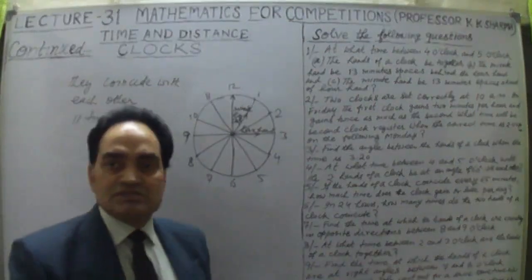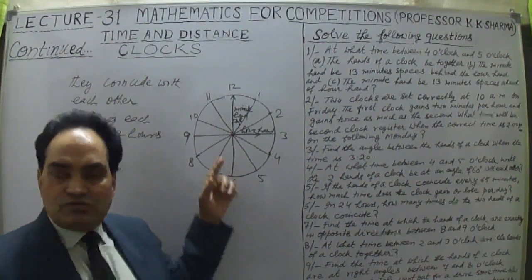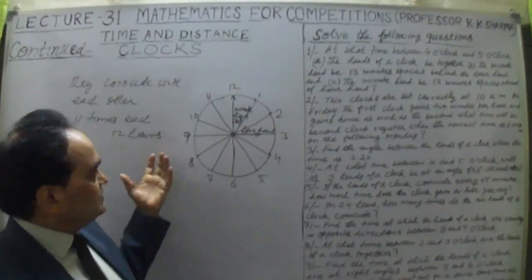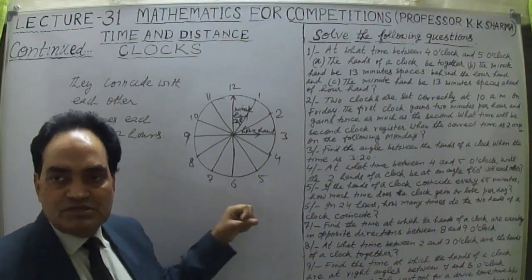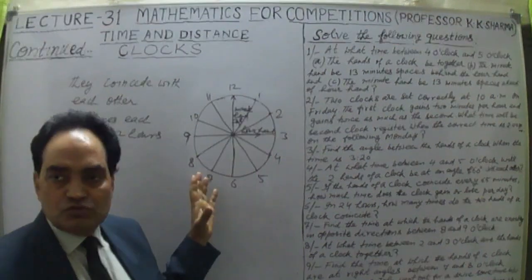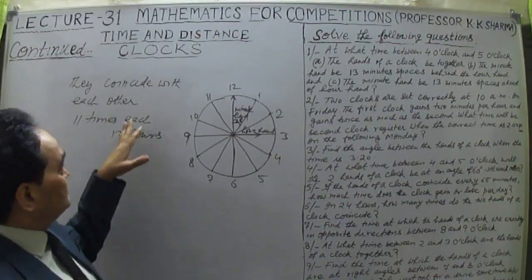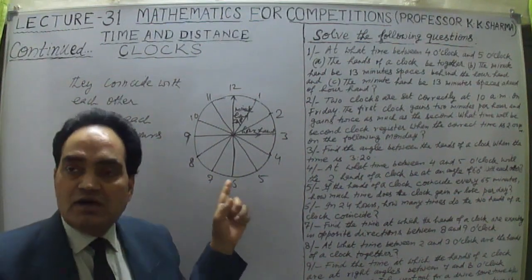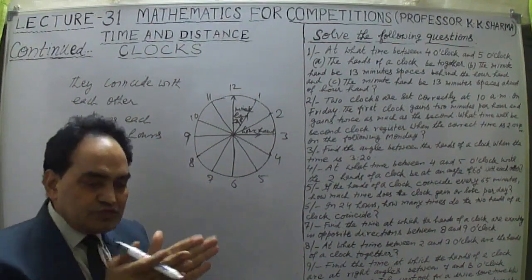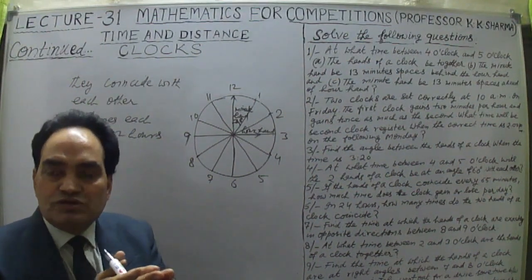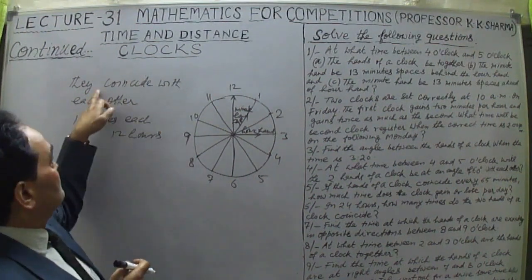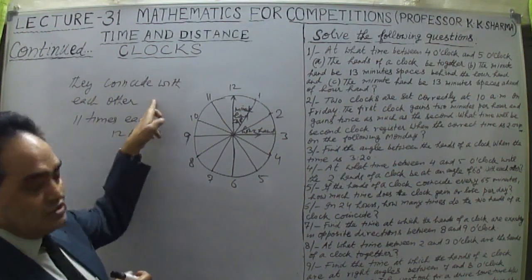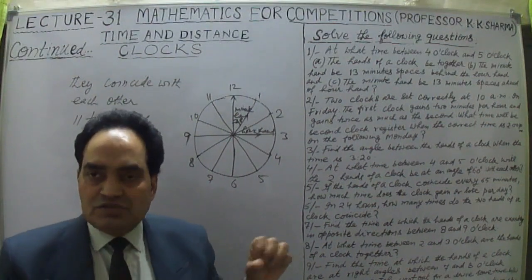Yes, friends. So I was just talking about the basic points which are being discussed, and the questions based on those points are being asked. I was talking about the minute hand and hour hand. They will coincide with each other. That means the 0 degree angle will be made. So the minute hand and hour hand will coincide